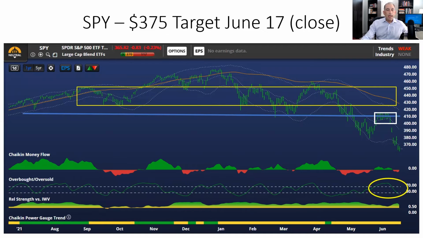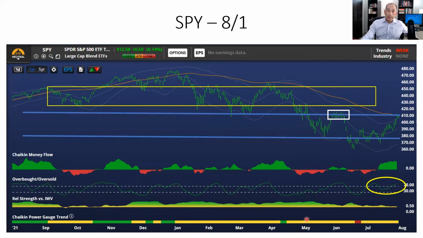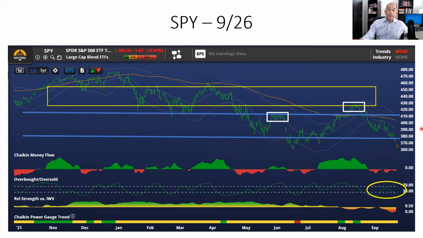There's your S&P. We had a 375 target on it. We drew some trend lines along the way there in July. That was during the rally, right? We were talking about it. It came right back to where we showed on the previous charts, but rolled over last week. And here we are today, this morning.